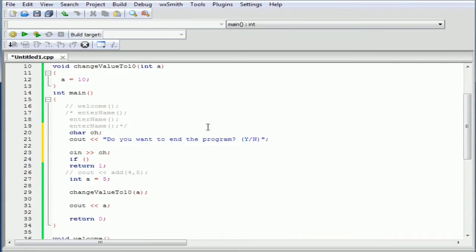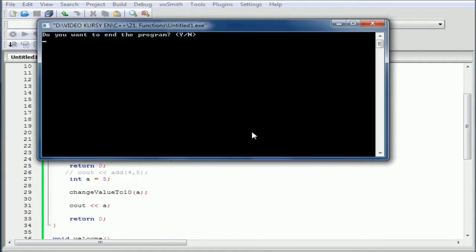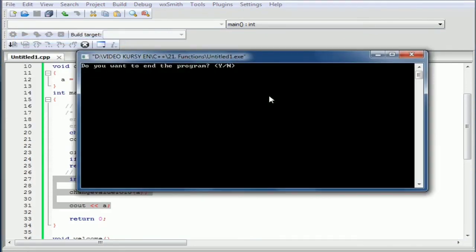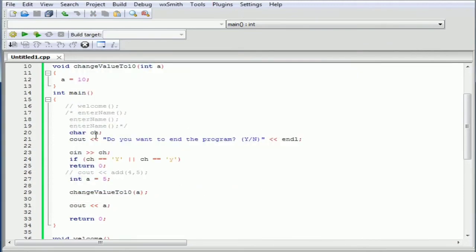And now it will be put into that variable here, right? And if the character is equal to that value, then return, and we can end our program a bit faster. For example, I am asked, do you want to end that program? No. So the 5 was sent to the output here, but if I do something like that, yes, as you can see, our program ended a bit faster. Okay,